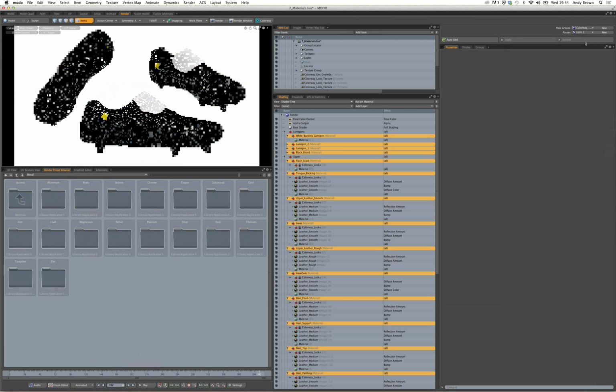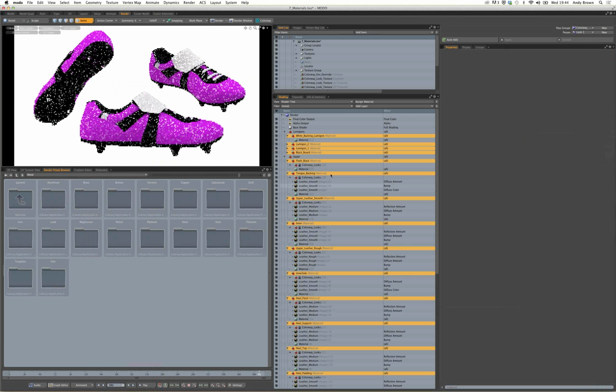So all of a sudden, those decisions that were made in 2D have now become real materials inside of my 3D scene. So we've got this kind of 3D round trip in terms of modeling inside of MODO now, and also this 2D round trip that's happening inside of MODO now. And this kind of ecosystem is something that just wasn't available prior to, 2 years ago, prior to the